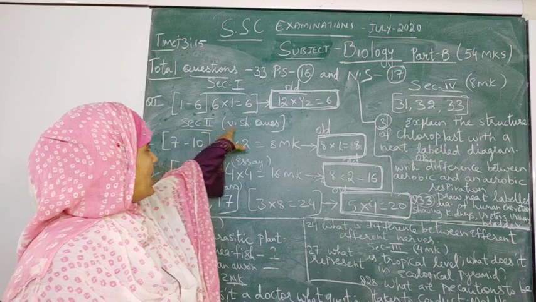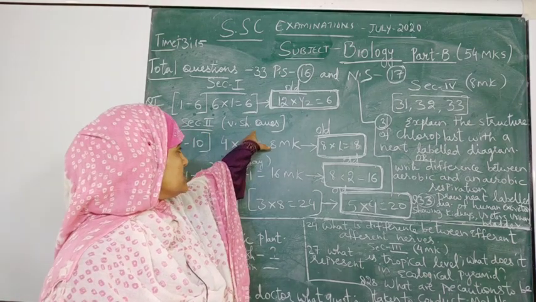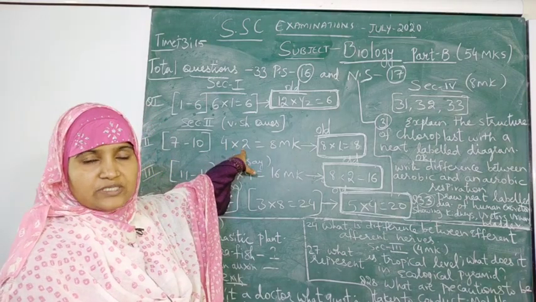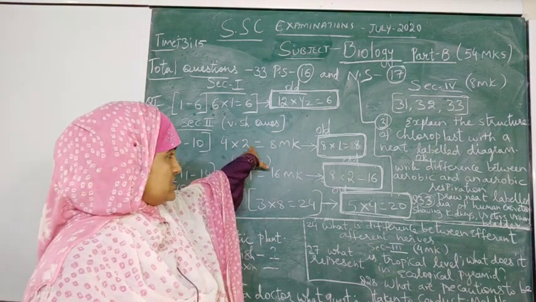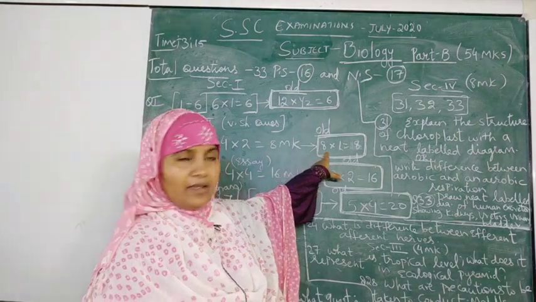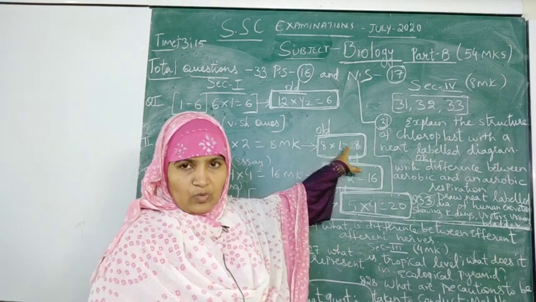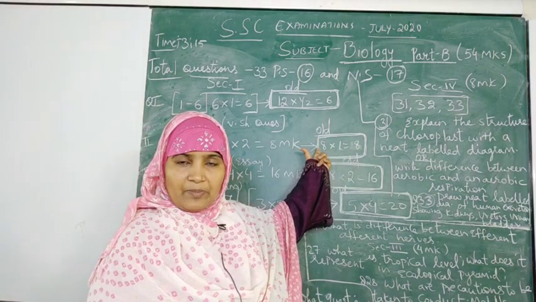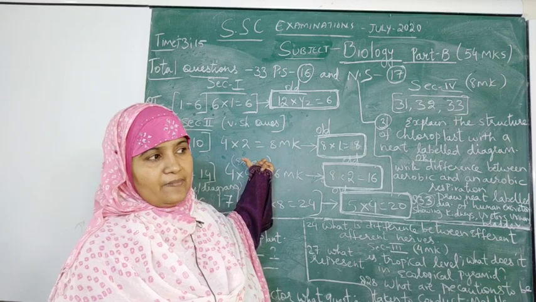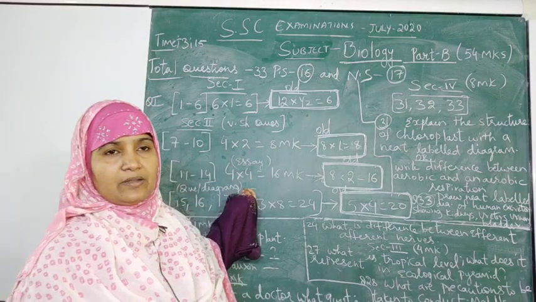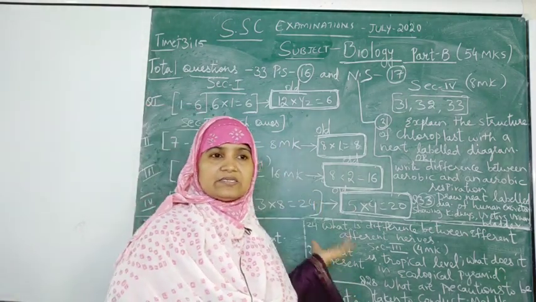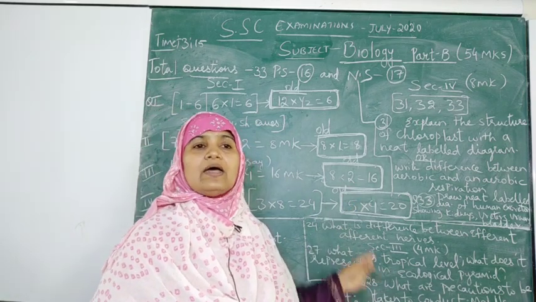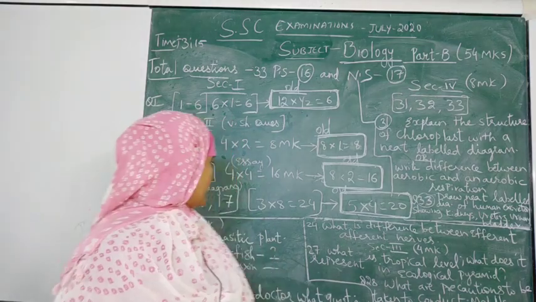Then section 2 carries 2 marks. Previously, section 2 had very short answer questions. Now we have 4 questions which carry 2 marks each. In the previous old model paper we had 8 questions which carried 1 mark each. So the marks are doubled and the number of questions is lessened. That is the difference between the old pattern and the new pattern. But the format of the old paper is the same as the new one. There is not much change, only the number of questions is reduced and the marks per question are increased.